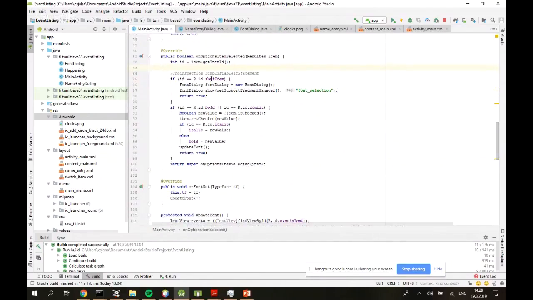Here I'm checking if the user clicked the font item. If so, I create a font dialog. We will look at that in a moment. I show the dialog and then return true. And if the user clicked bold or italic, so those checkbox buttons in the menu,